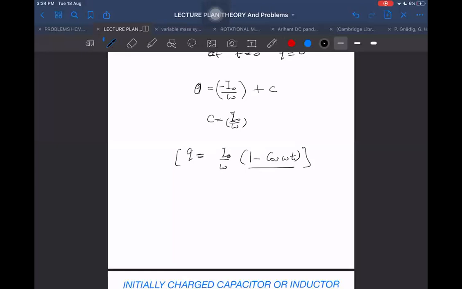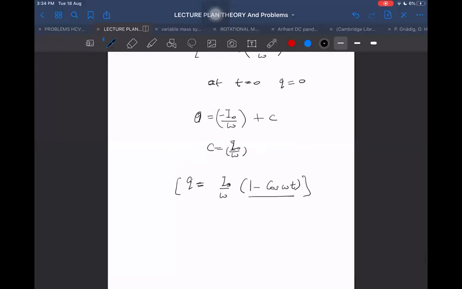What do I get then after that? But it is not SHM. Why is it not SHM? It is SHM only, this is also SHM, because 1 minus cos omega t is 2 sin square omega t by 2. It is SHM with a different mean position. The mean position is different, but it is SHM only.